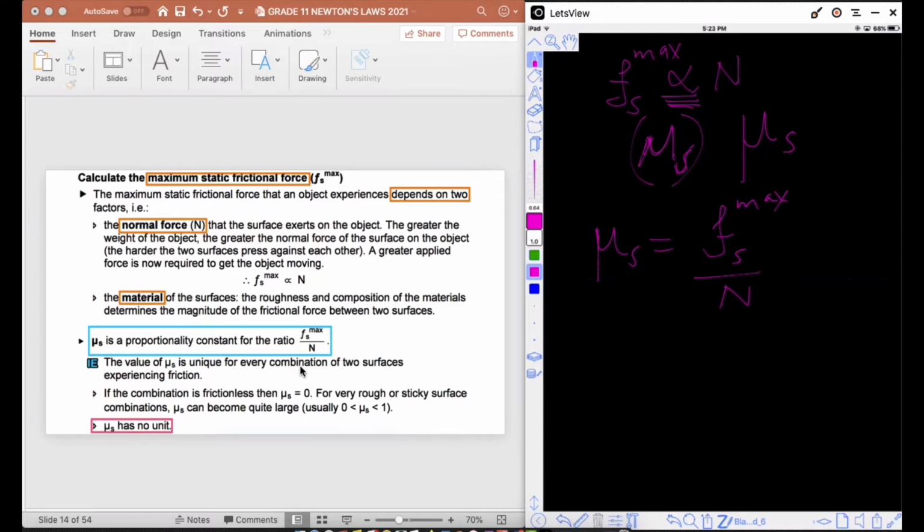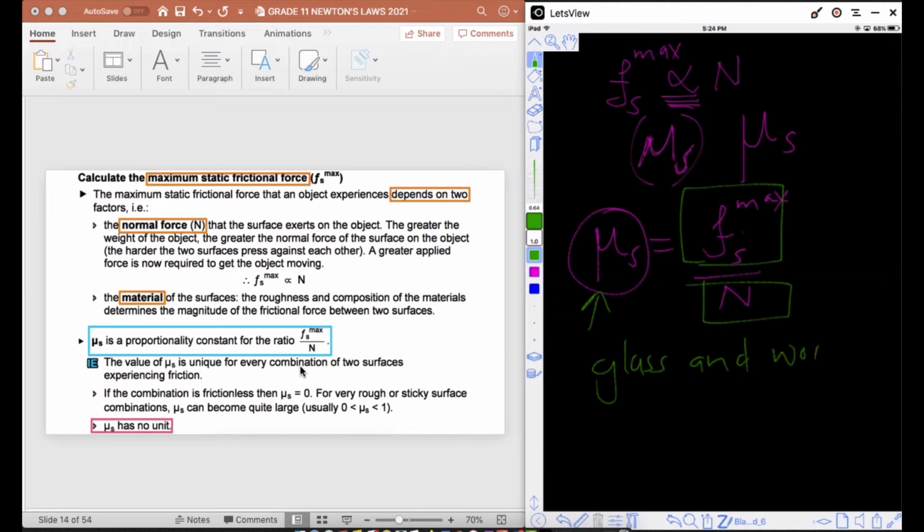So you can see, in other words, we're simply saying that this value of mu s is actually the ratio between the maximum static frictional force and the normal. That means each value of mu s is actually unique to each and every surface combination. In other words, if you take glass and wood surfaces, then these two will have a unique mu s